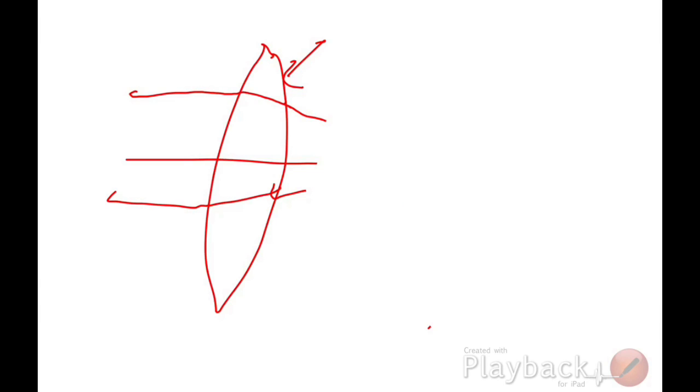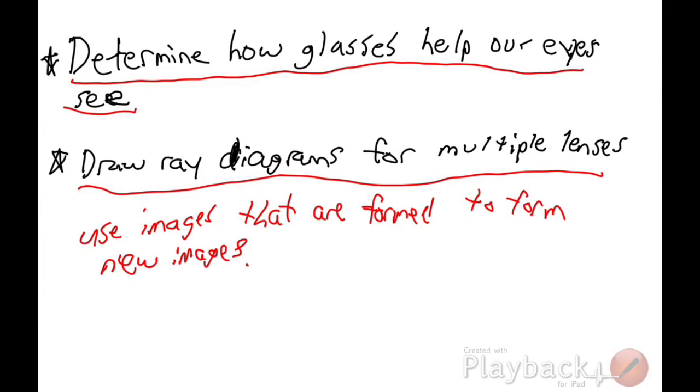But anyway, so let's kind of just review here. So can we determine how glasses help our eyes see? Well, yeah. You can have nearsightedness or farsightedness, and a concave lens or a convex lens can move that image forward or back so it gets to your retina. Can we draw ray diagrams for multiple lenses? Well, yes, we can do that by assuming that the image of the first